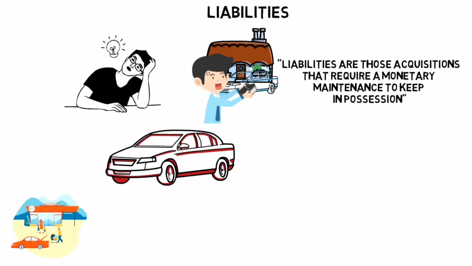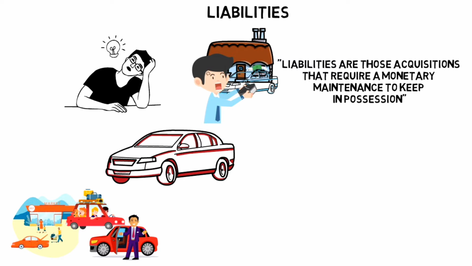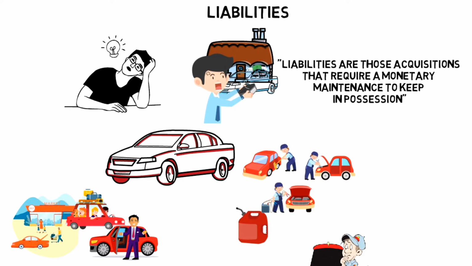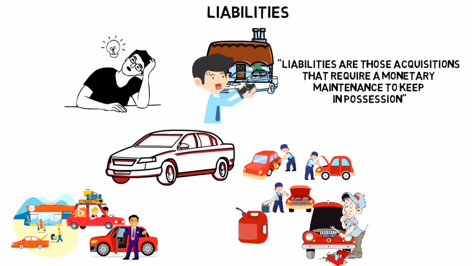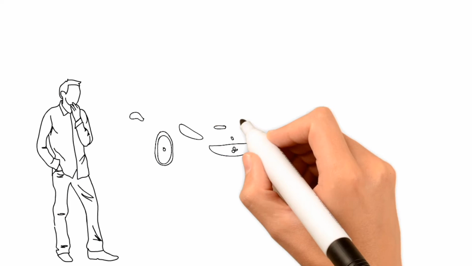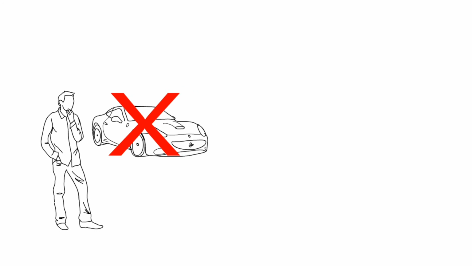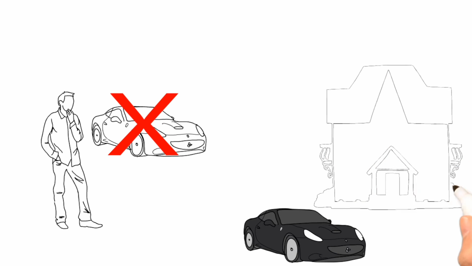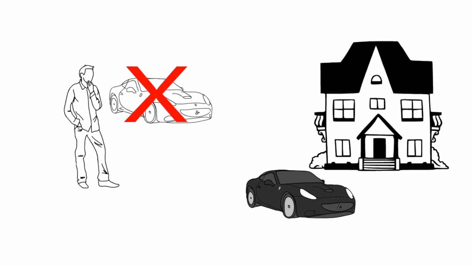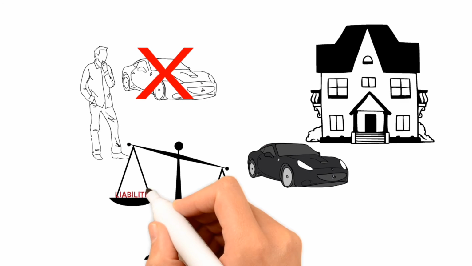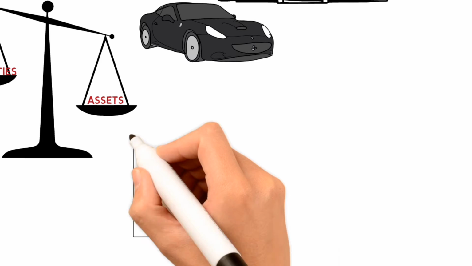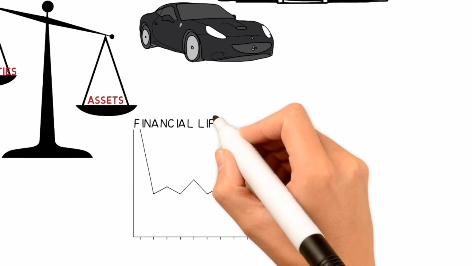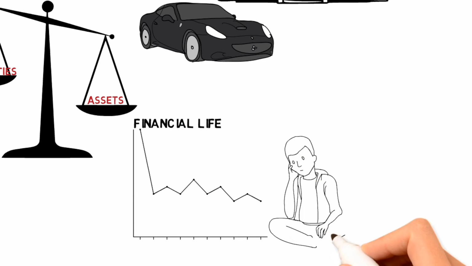With a car you go shopping, on vacation, or to work, but you have to fill it with gasoline, take it to maintenance, or if a part is damaged you have to repair it. All those things make a vehicle a liability. We might think that a liability is not important, but the reality is that it is. Liabilities are those things that you enjoy and that you need, although you clearly have to have a balance between liabilities and assets. I usually ask myself if the reason for my financial situation is because I have more liabilities than assets.